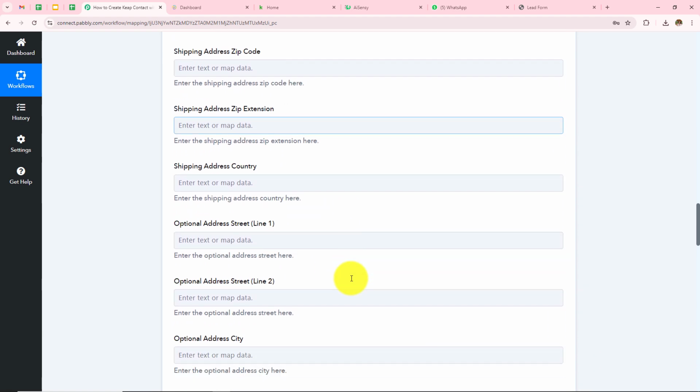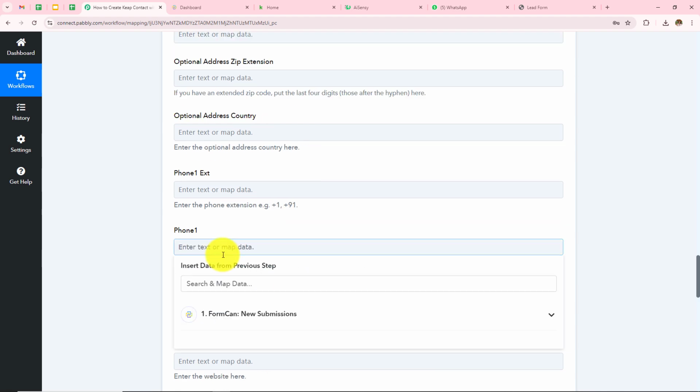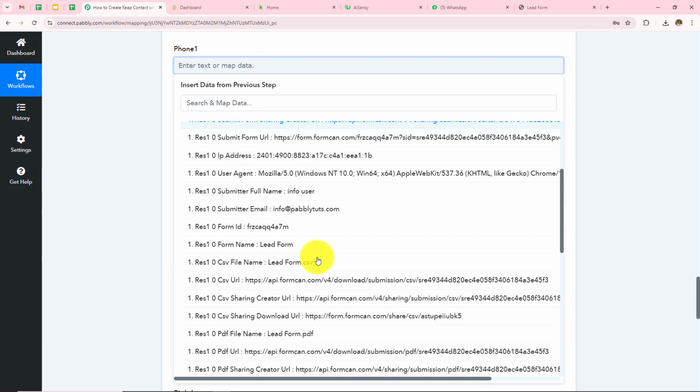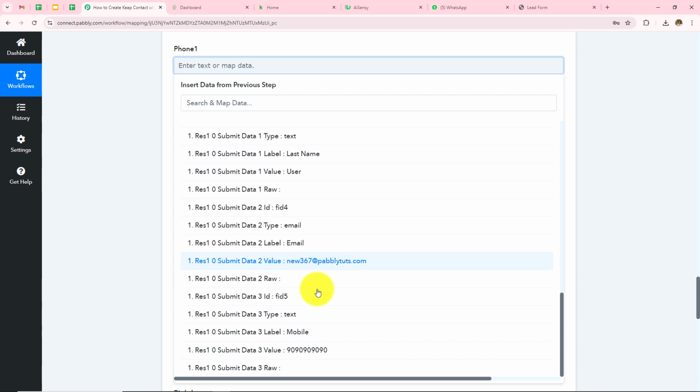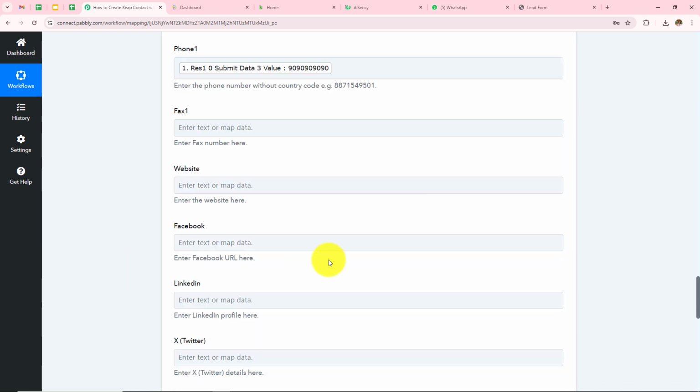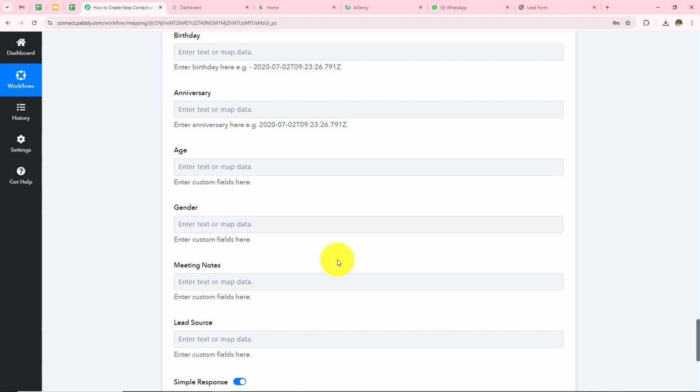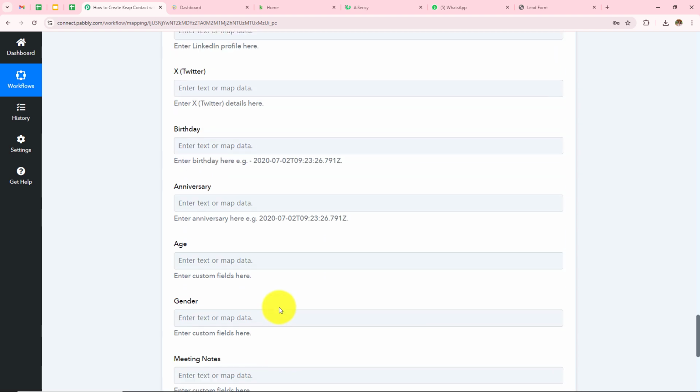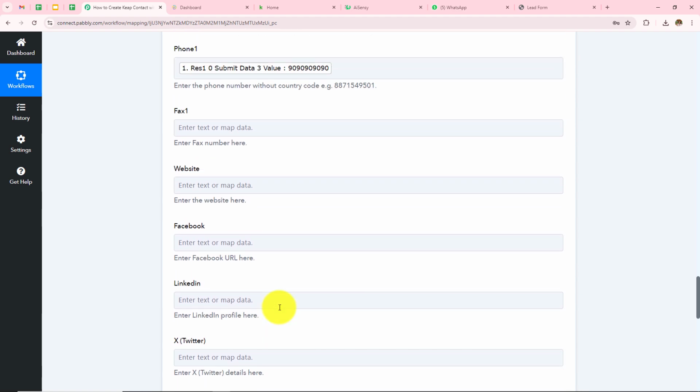following the same process. And then I have to enter the phone number. So I will follow the same process and enter the phone number that I have received in my previous response, which was this one. Now over here I have added all the details that I have received in my response. Here I am going to leave these fields blank because these are not required or needed for me to